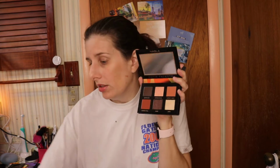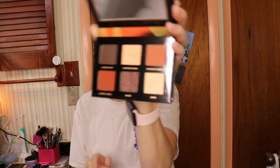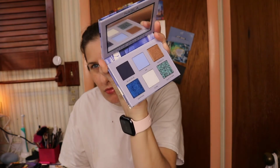But this is a body illuminator. As you can see, it won't work for me because of the shade palette that these two liners would go with. And then you have a lighter version of the camel brown. I'll show you the shade here in the mirror. Could be cream shadow sticks, I don't know, I'll have to look and see what they are. But these three products